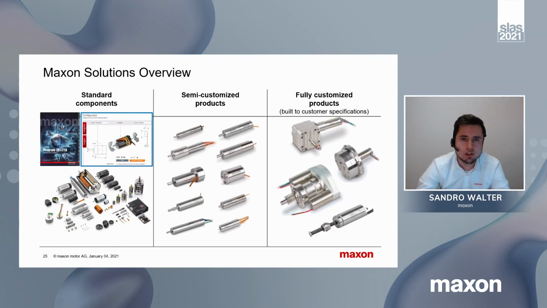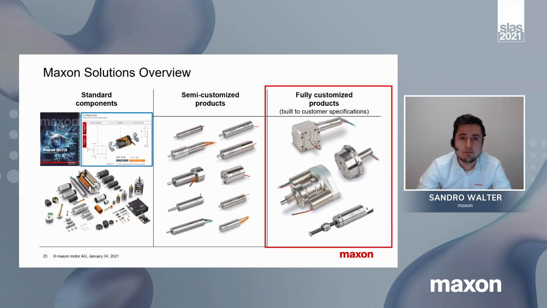So, last, our solutions. We offer standard components, which you can find in our catalog, but you can also configure your drive online with a few modifications and get them within 11 working days. On the other hand, most of our business is customer-specific business. For example, semi-customized products, which means we do some modifications like special flange, special cables, and so on. And last but not least, fully customized products, for example, this pick and place arm or door drive. That's the area where Maxon wants to go in the future and where we can help and bring our know-how